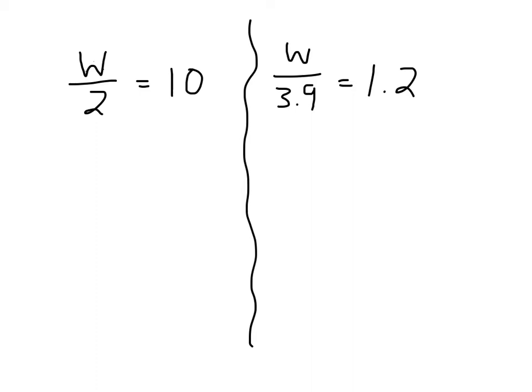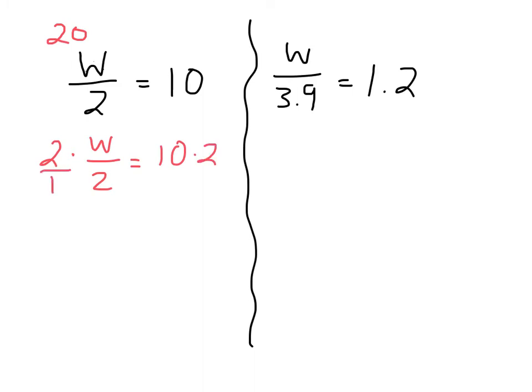One last strategy we learned was what to do when an equation has division in it. It's w divided by 2 equals 10. A lot of us could probably see that what divided by 2 equals 10 is 20, so W equals 20. But what was the strategy to get w alone? Well, the opposite of dividing by 2 is multiplying by 2. So I would multiply each side by 2,